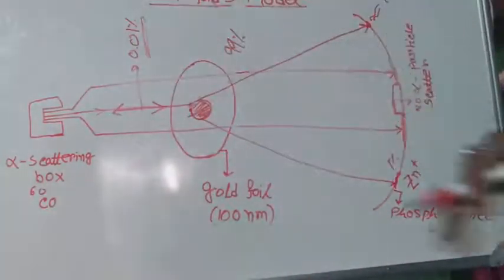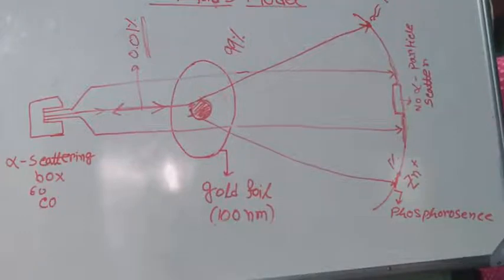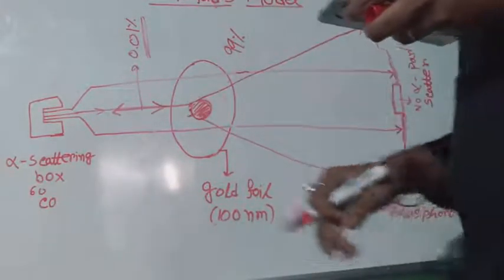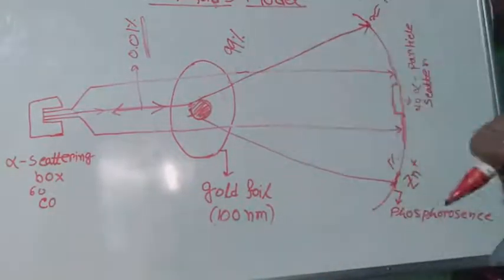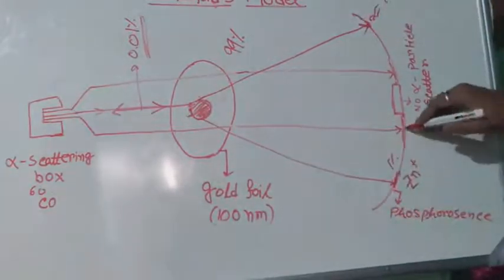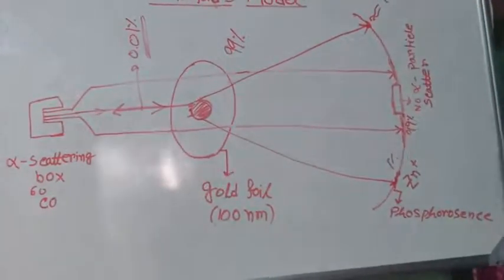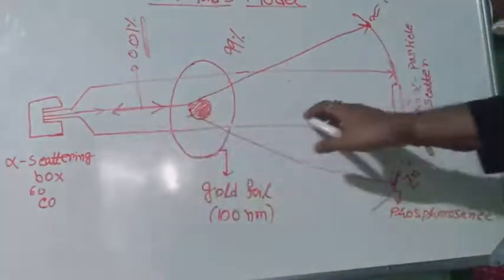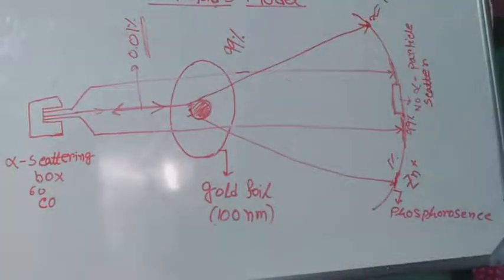From the above experiment, what are the observations and what is the conclusion of the Rutherford model? We can say that, at first, the observation. From this experiment, Rutherford concluded that a major fraction of the alpha particles bombarded towards the gold sheet passed straight through. That means 99% of alpha particles pass to this position without any deflection, when the alpha particle passes above or below the gold foil. It is the first point of the Rutherford gold foil experiment.